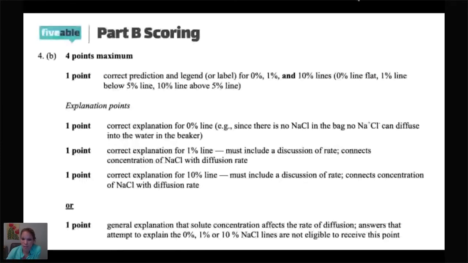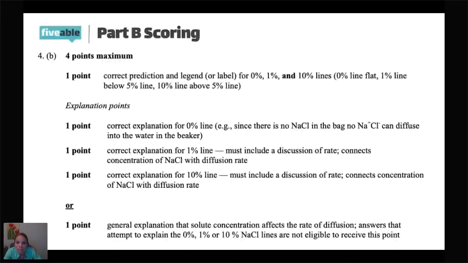Typically, when it's asking you to make a prediction like this, you don't have to get specific. There's not like a magic, oh, you must draw the line like this and then turn left at there. You don't have to do that because you're not expected to be able to get it that perfectly. But you got to have it in the right ballpark and you don't want to go too far left field. So that's going to be your example there.